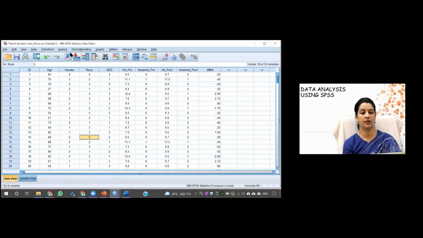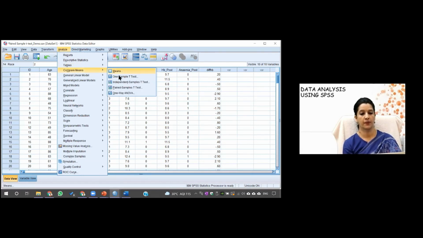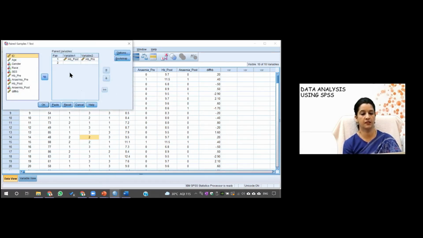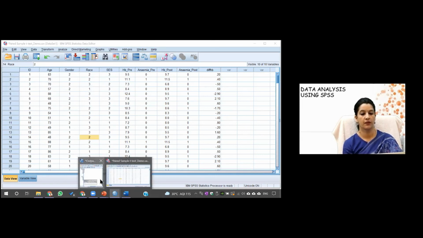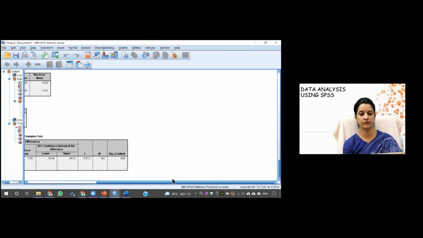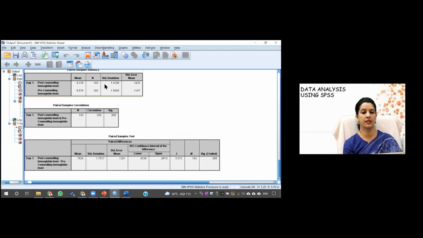And then again, after analyzing that, you go to Analyze, Compare Means, there will be Paired Samples t-test. Here there will be variable 1 and variable 2. You can do whichever way you want. It will take just the 1 minus 2. So by seeing the sign of the difference, you can see whether it was an increase or decrease, and then press OK. Then you will be presented with this table where you will have a descriptive mean and SD of the pre and post. You will have a paired sample t-test, the value of t, its degree of freedom, and significance level.